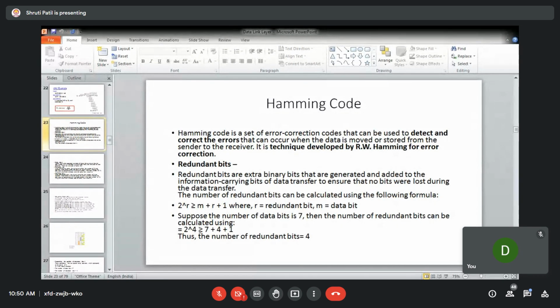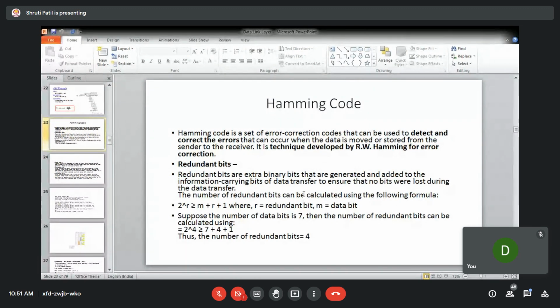How many bits are required? If I take 2 raised to 4, that is 16. Suppose I add 7 plus 4, which is 11, plus 1, that is 12. Now 16 is greater than 12. That means I should take 4 redundant bits.